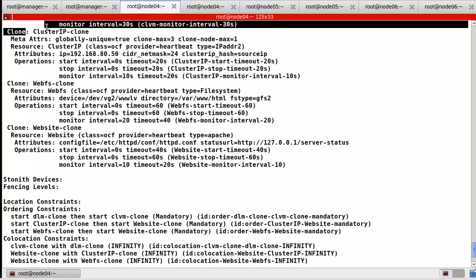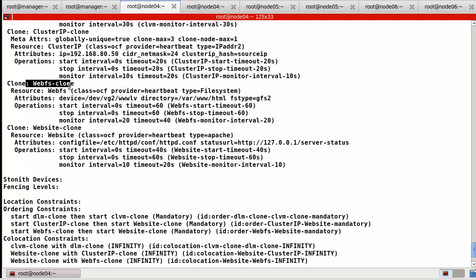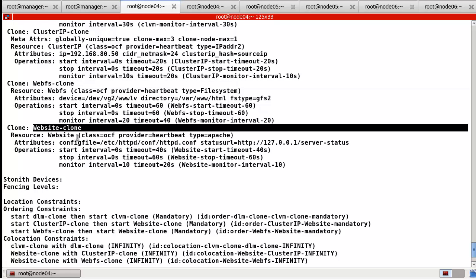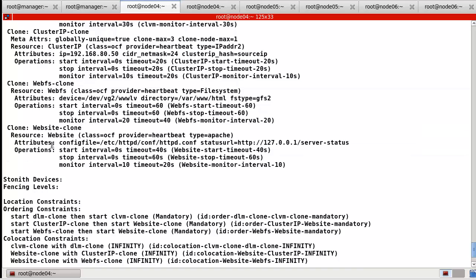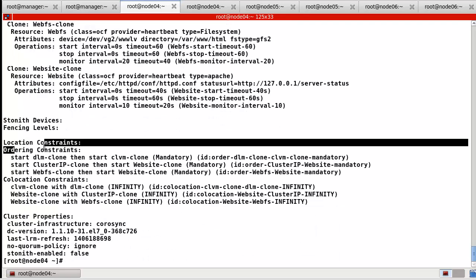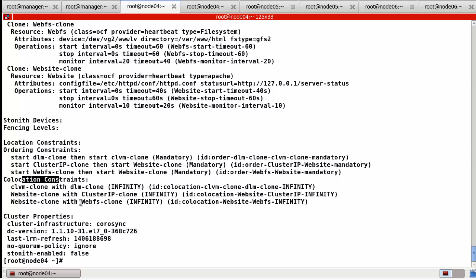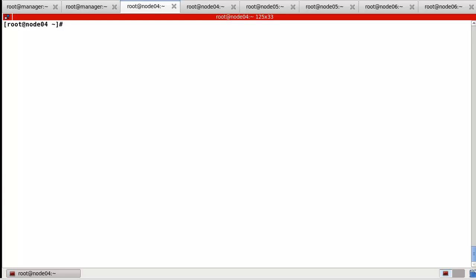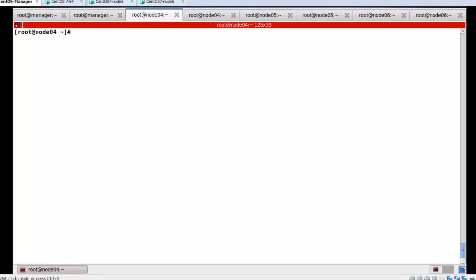So each cluster node, cluster IP, WebFS, and website has this kind of resource, the options, and the location also. Location, the constraint as well, the ordering, colocation, and the cluster properties. Okay, so far I showed you how to implement active/active mode using Pacemaker.